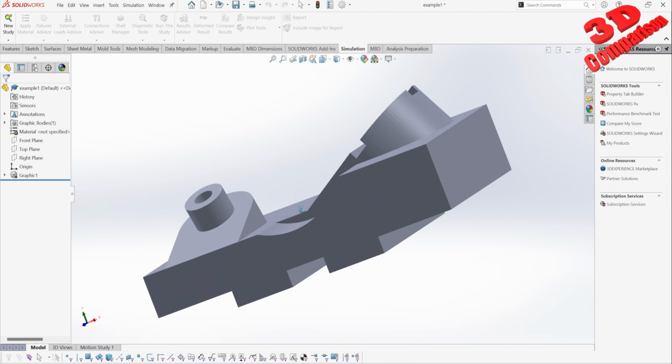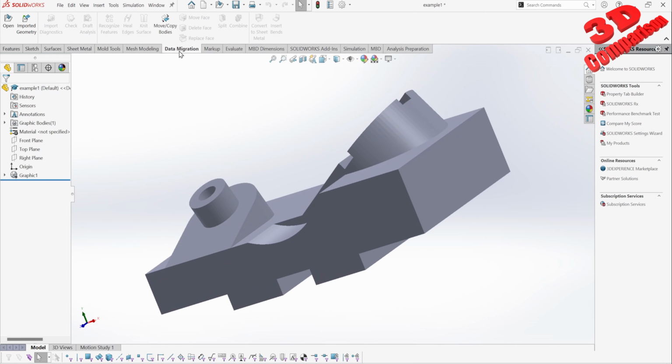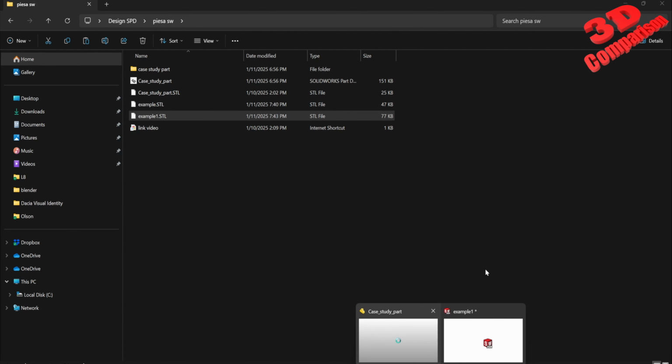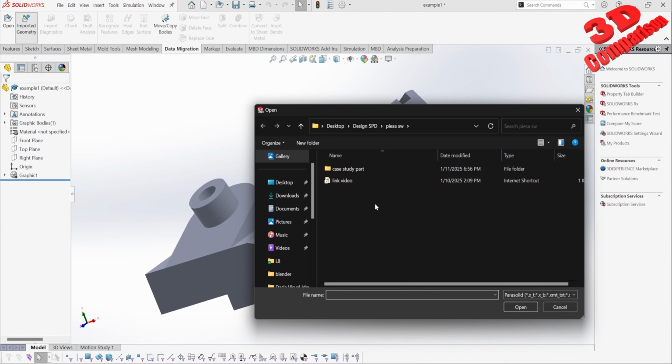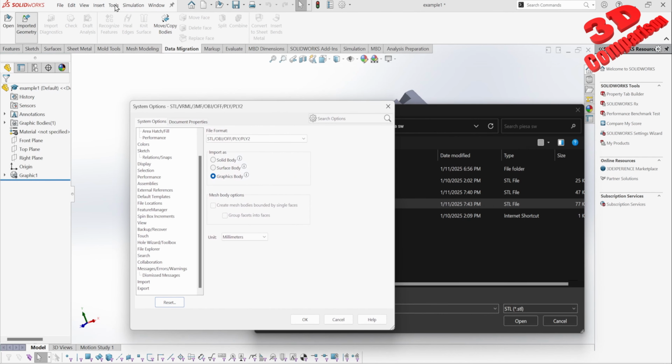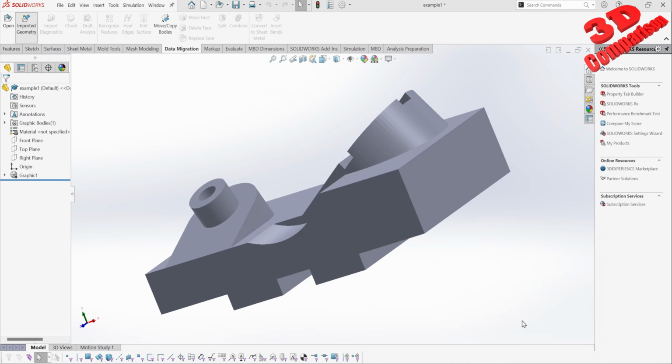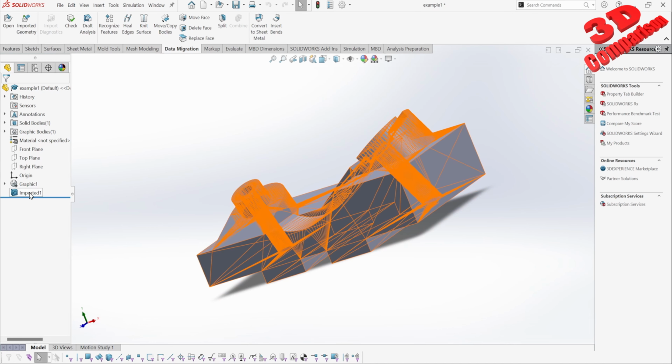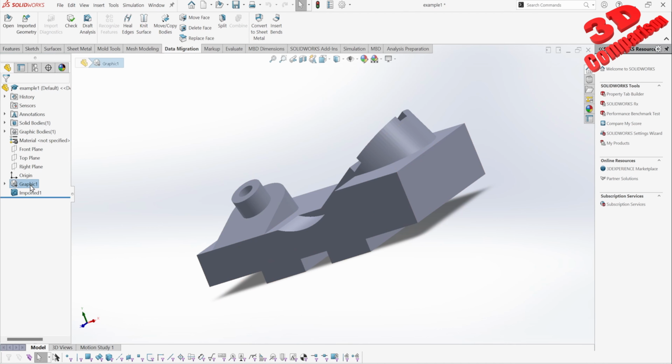Okay, so let's see. I will go within data migration, and over here I can do this import geometry. So for the same object that I have over here, I will go and import this. As we can see, I will go for STL. I will choose the same file, but now within options, and this will actually open the options from SolidWorks, so I can do the same by going to tools, options. I will import this as a solid body. I will click OK, hit open, and within the viewport I will also have this imported model. So if I will hide this one,